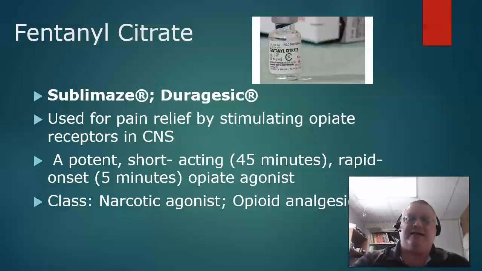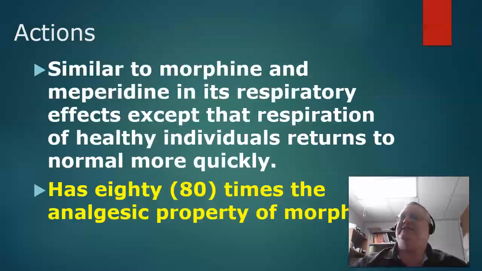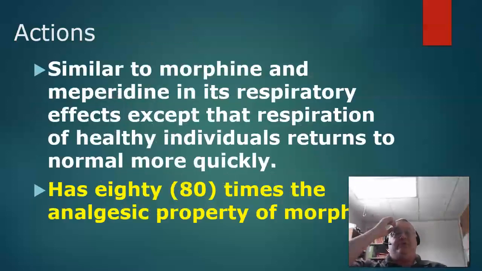It's a short-acting, rapid-onset opiate agonist. It works very well to stimulate the receptors. Okay, and again, it's an opioid agonist. It works along with those receptors, and again, it's an analgesic. It takes away pain. Okay, now again, similar to morphine and meperidine, it has its respiratory effects, except that for